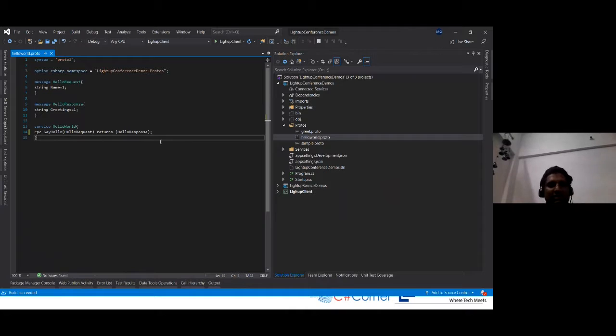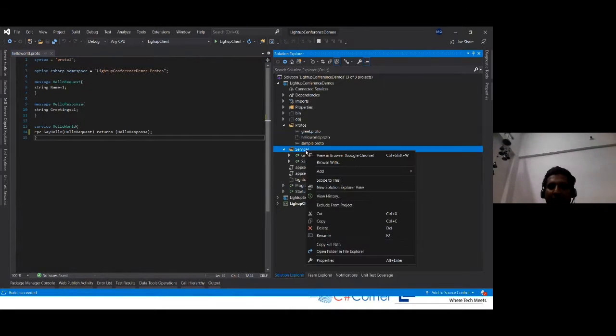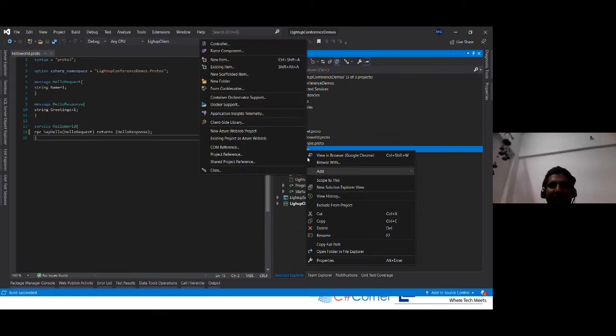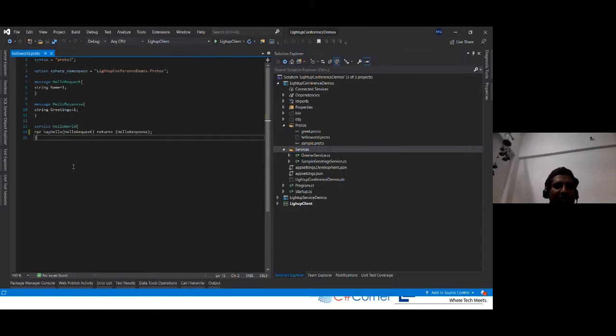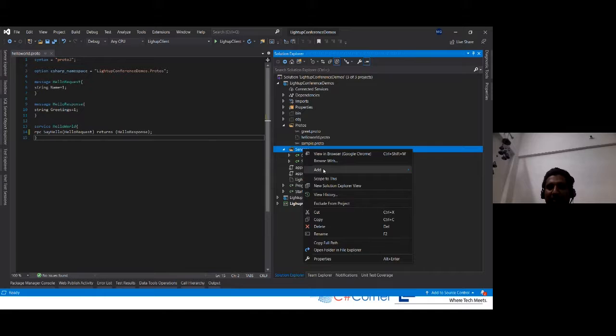Yes, this is getting built. Now this all has become our contract. Now we are going to implement this contract in the service.